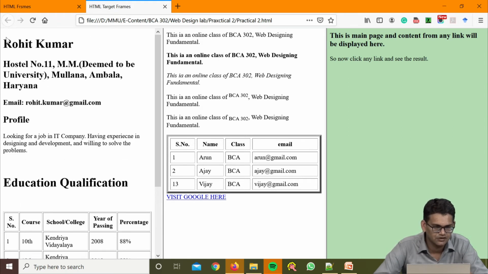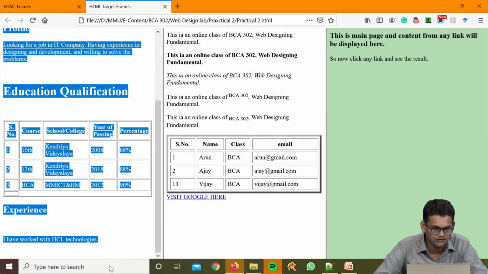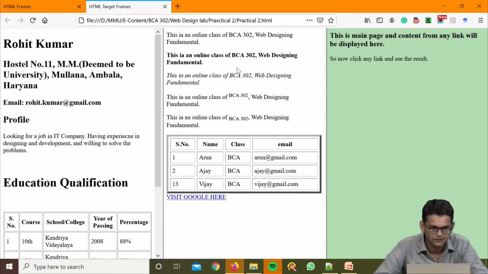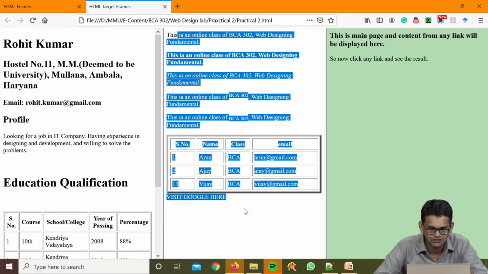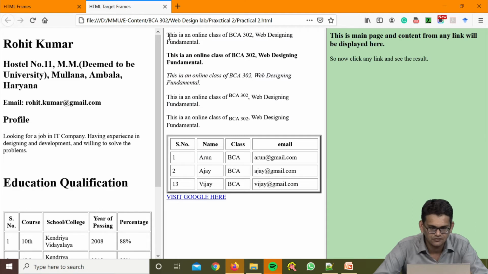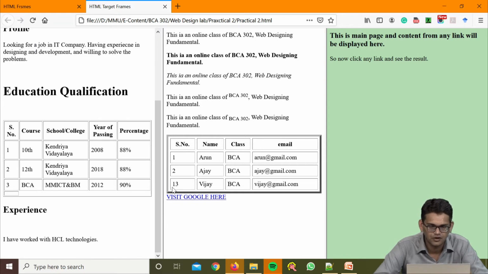So in the first section we are having the resume of ours which we have created in the last class, and this is the text formatting which we have done in the previous class, which we have discussed how can we format the text, and this one here is the main text which we have added here. So we can divide the entire screen into 3 sub sections. You can see these are in column form. So we can change it into the rows form.